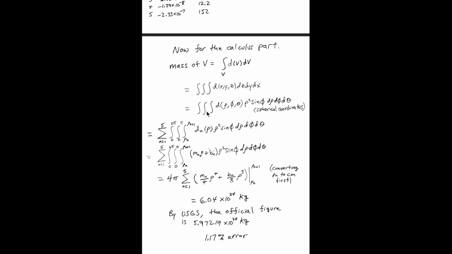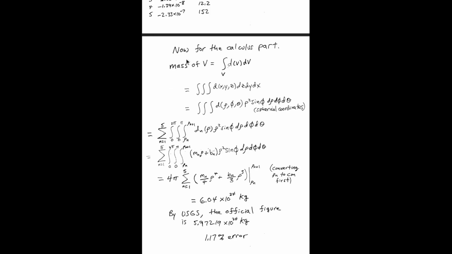We'll have the triple integral of the density of rho, phi, theta times rho squared sine phi, d rho, d phi, d theta. Of course, this rho squared sine phi is our Jacobian. I have yet to put the limits here, but we're going to do that right now. So,